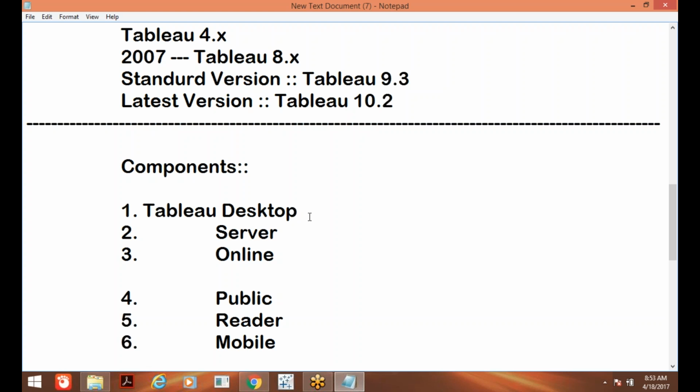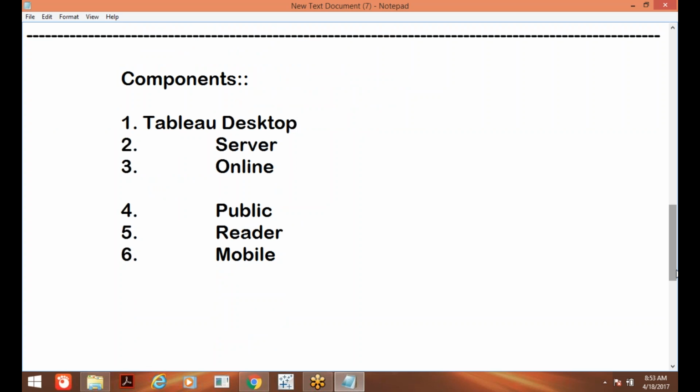And coming to Tableau Public. Tableau Public is simply, I can say, a local server. Something like your Facebook account or Gmail account. The photos and videos you capture, you can save in your Google Drive or Facebook account, right?